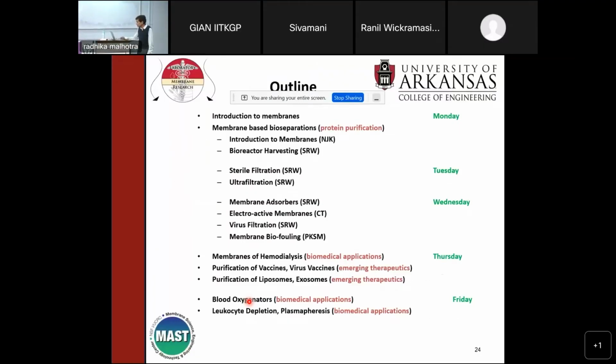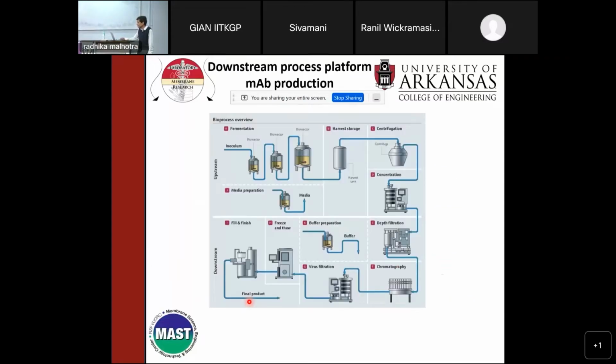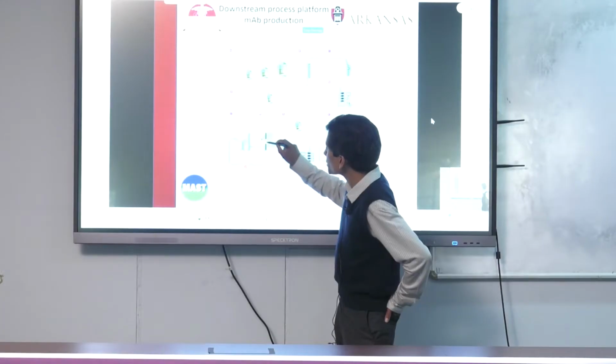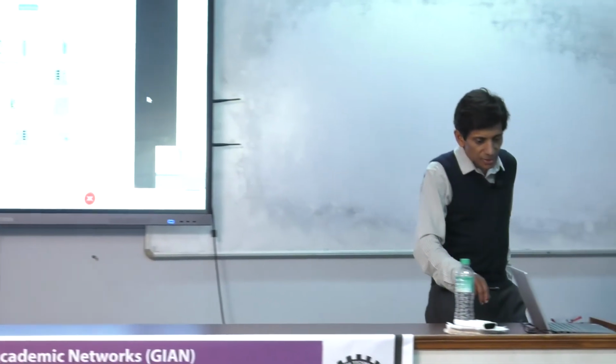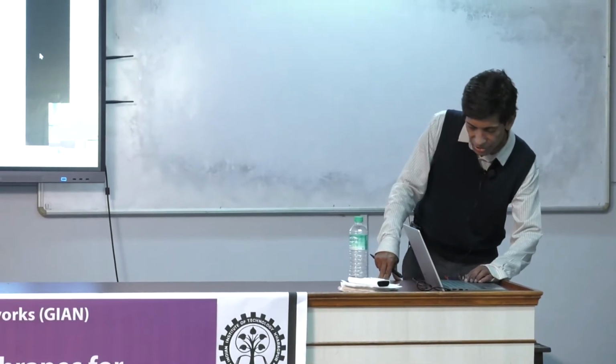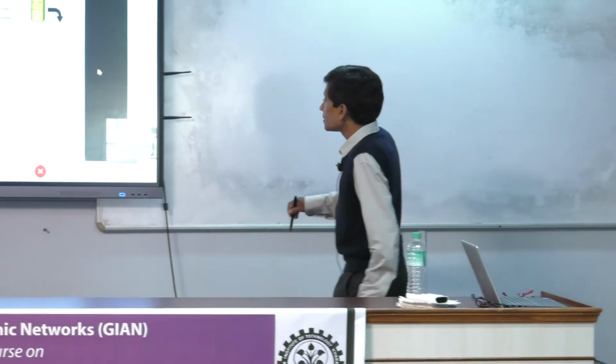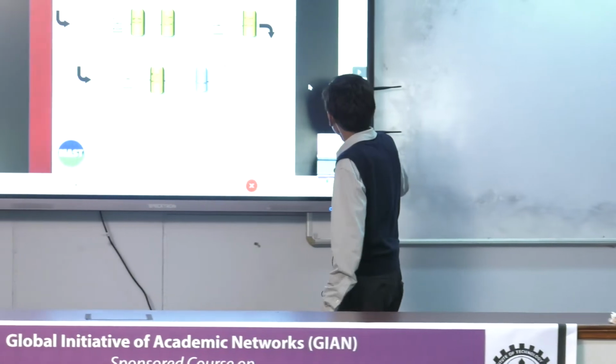Okay, so I think I want to talk about the problem now. So this is what we've covered so far. Going back to our scheme here, where do we find these tangential flow processes? Let me show you. We define these tangential flow processes typically in buffer exchange. And so buffer exchange occurs somewhere around here. It's not actually marked, but buffer exchange occurs here when you are trying to put it in your final formulation buffer, and it might be clearer here,